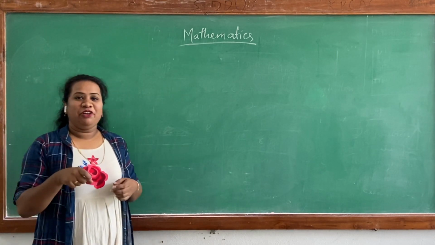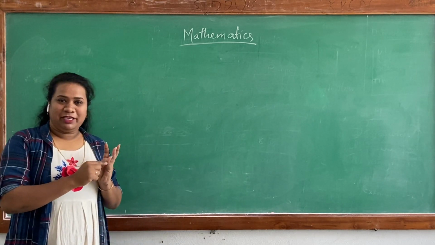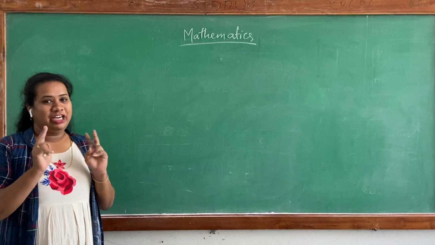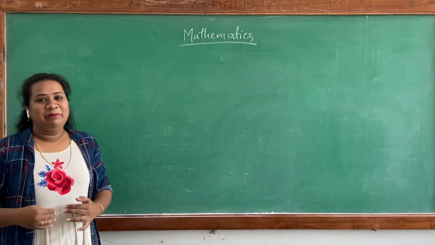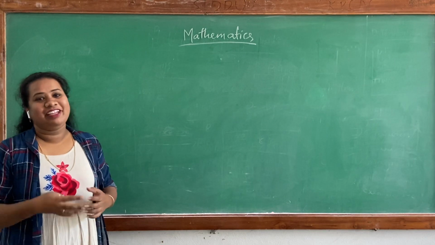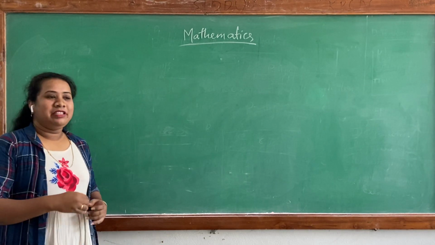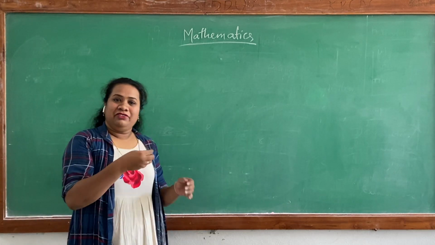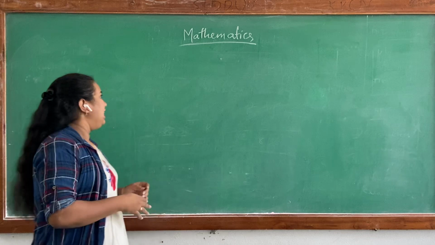Then if this kind of thing comes, they know what is vector space, they know what is subspace, they know what is intersection of any 2 sets. They know everything, but for proving the theorem, they tend to learn it by heart for the exam purpose. There is no need in doing that, because there are very simple things to prove any kind of theorem. So let's get started with that.